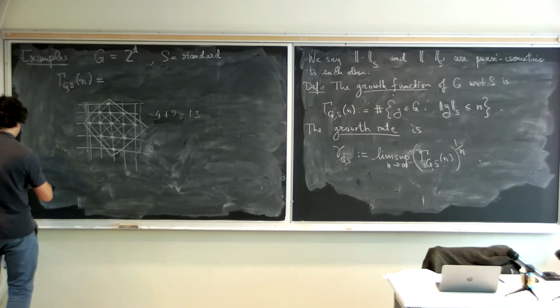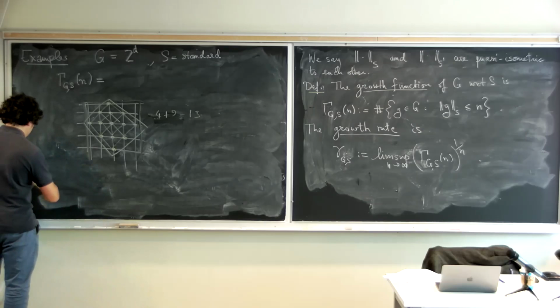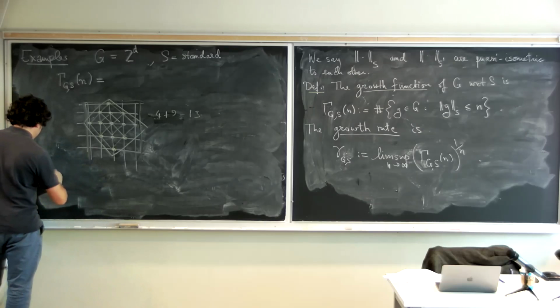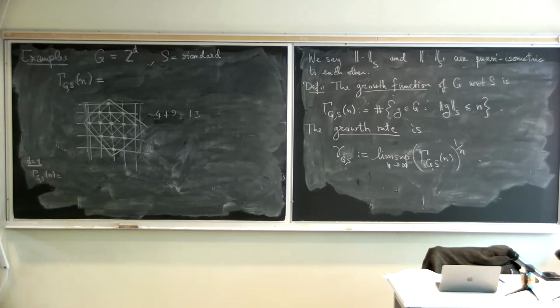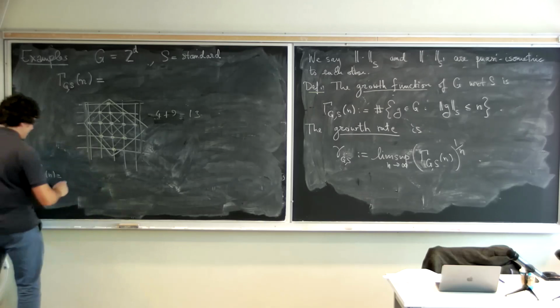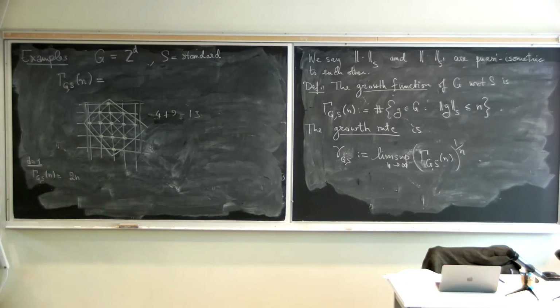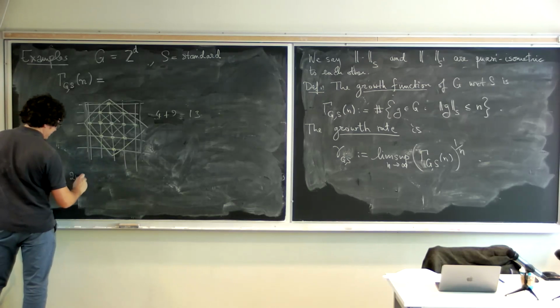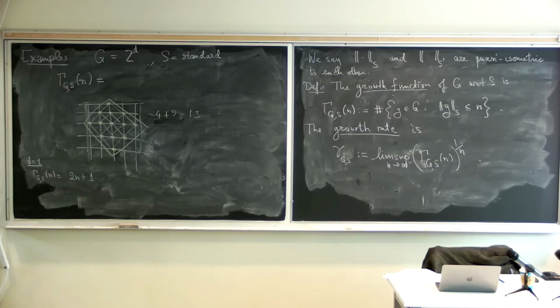So for d equals 1, gamma of G, S is what? It's not 2n. For n equals 0 it is 1. For n equals 1 it is 3. Okay? Not quite 2n. I think it's 2n plus 1. And it's not so important, but just for fun, for d equals 2,